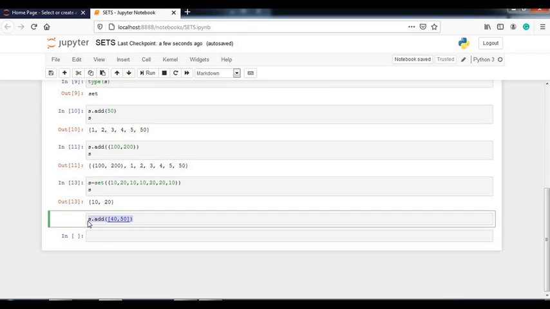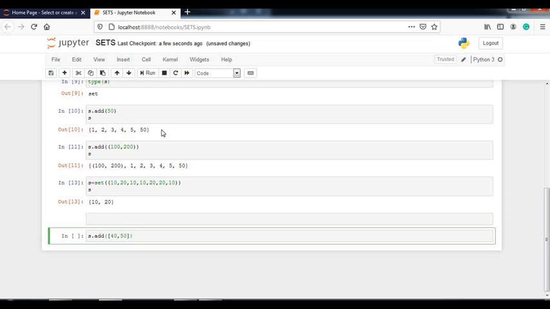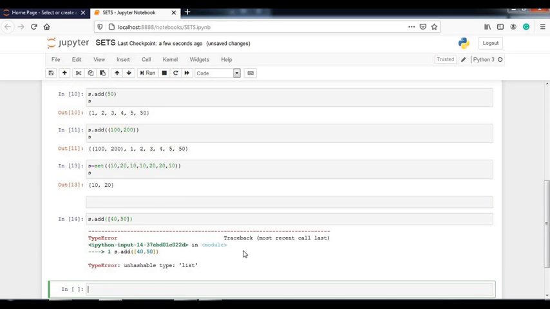Unhashable type list. That means whenever you try to add an iterable element that can be changed, that means a list, it will give you an error by using the add method.